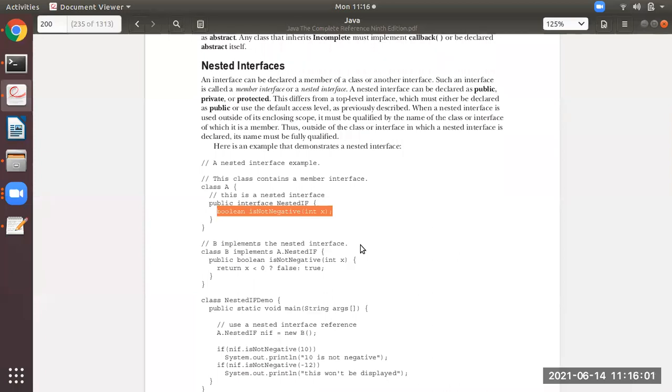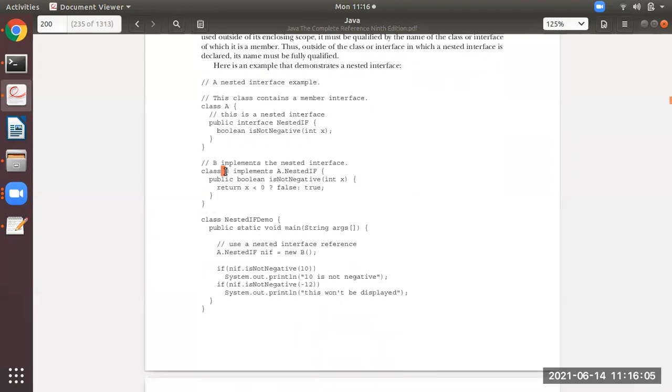Now it should be defined somewhere. You see class B implements nested if. But instead of writing nested if, what is written here? A dot nested if. Why is A dot nested if written here? Because this nested if is inside class A. So that is the way to write the implementation of that interface, as A dot nested if.